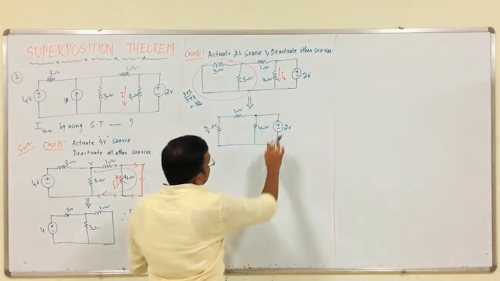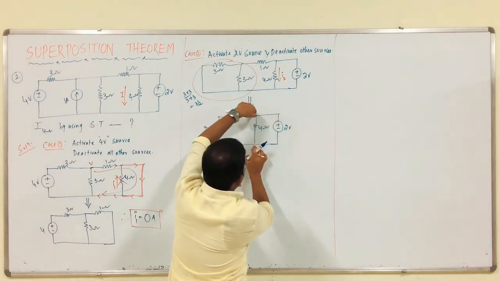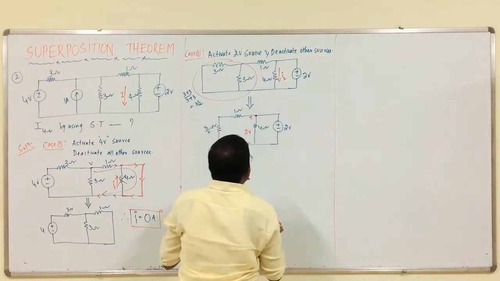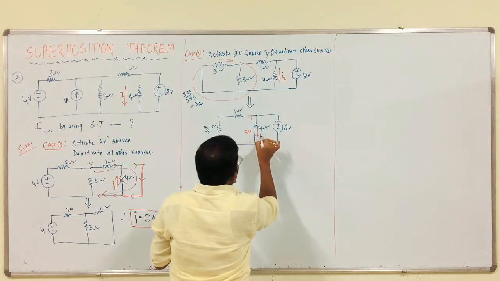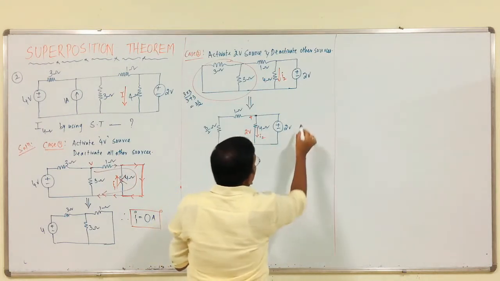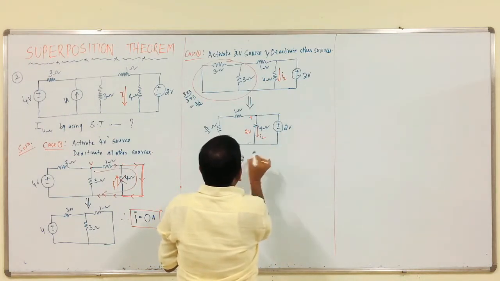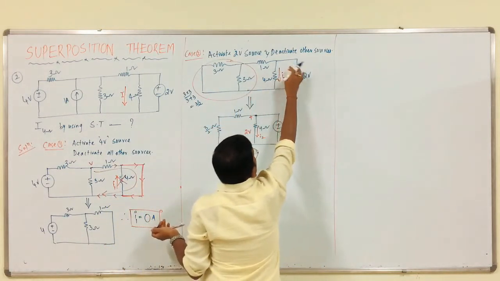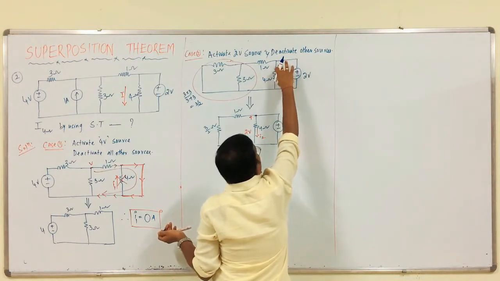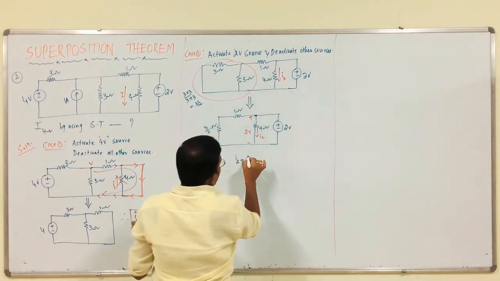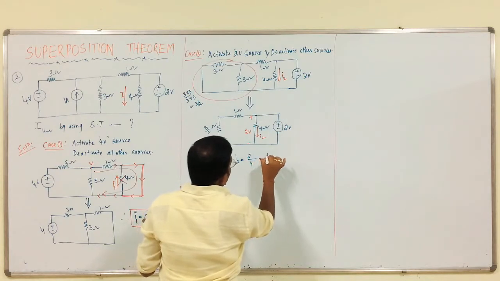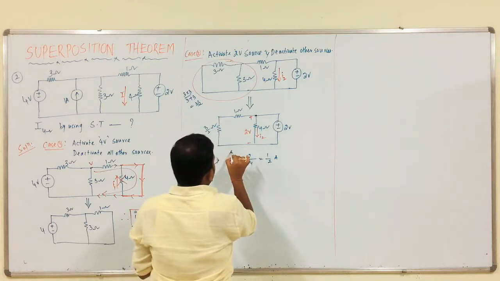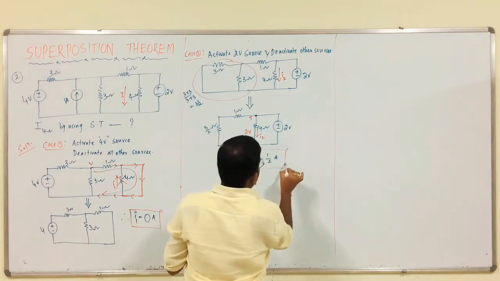Or see, by seeing this, the voltage source is present across this 4. Therefore, this is plus minus, this is 2 volts, right. Therefore, the current, this is the I2. Therefore, the current I2 is what? There is no use of simplifying this circuit. Obviously, from this circuit 2 volts is present across this 4 ohm, that is why 2 by 4, which is equal to 1 by 2 amps. So, I2 is equal to 1 by 2, completed. Okay.